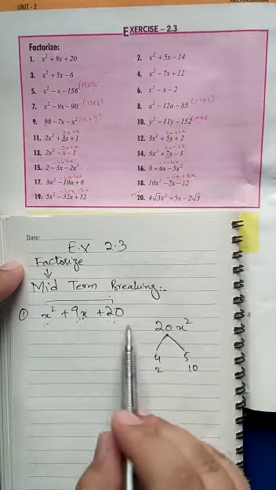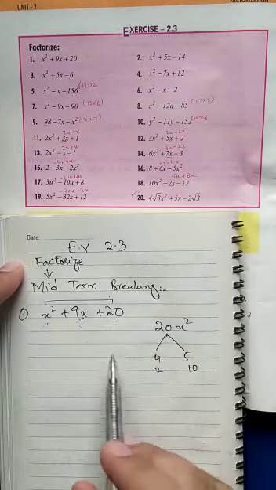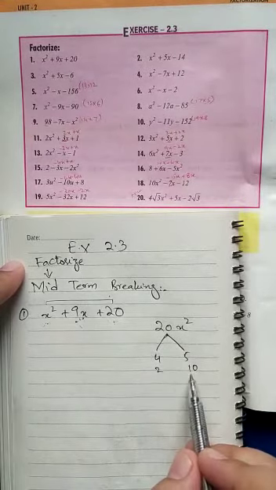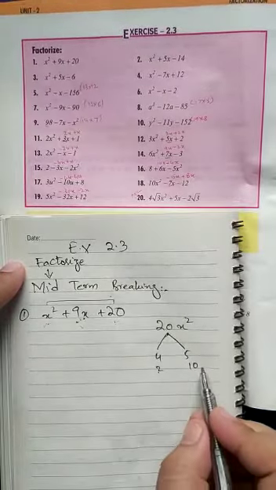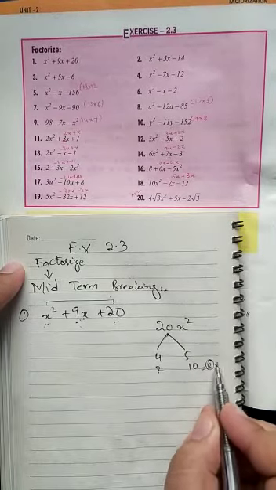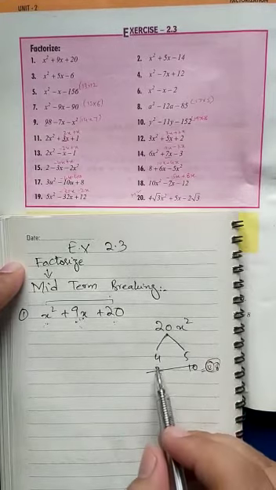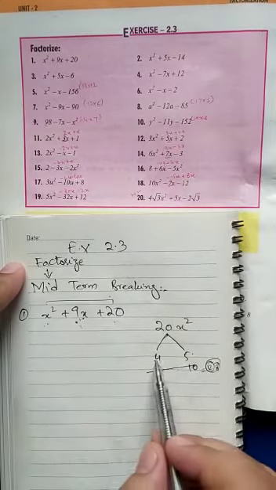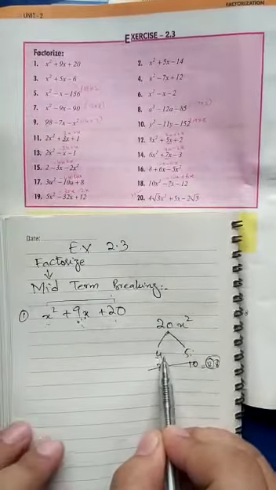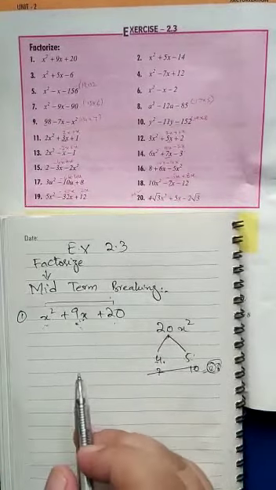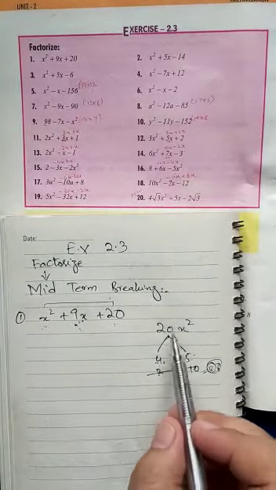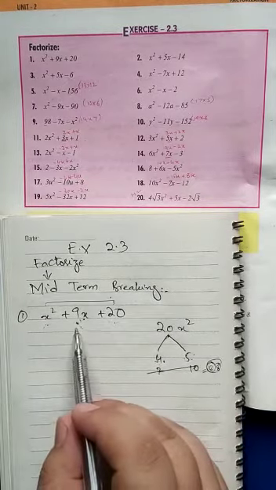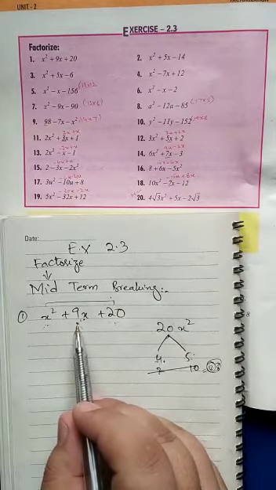Middle term breaking means that when we get the factors of the last term, the factors should, when we add or subtract them, give the middle value. So these are the two factors. When we add 10 plus 2, it will be 12, or if we subtract it, it will be 8. We don't need these factors. And here look at 4 and 5. If we add them, we get 9. So the ideal factors are these ones. These two are ideal for making factors because they give the value of the middle. So whenever we are using middle term breaking, we look at the last term's product and make its factors, and if we add or subtract them exactly, we get the middle value.